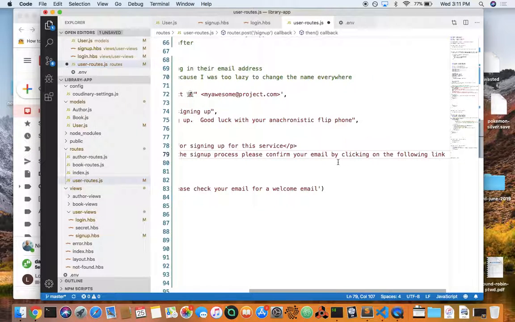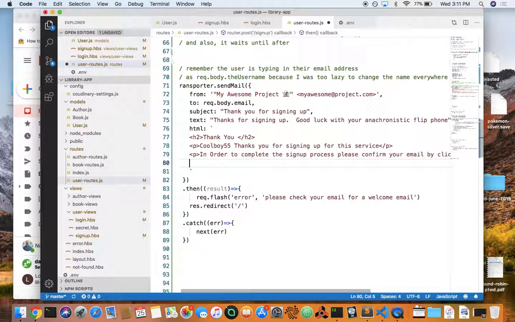And since we're still in the app and in a route here, we still have access to all the variables that we have, so we can send them an A tag, confirm email. And the href can be to, I don't know, confirmation slash